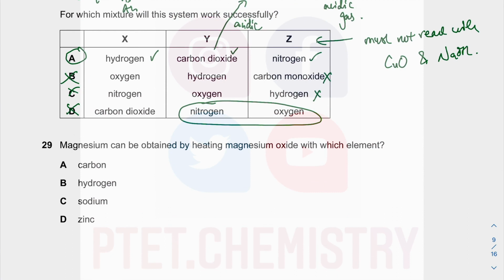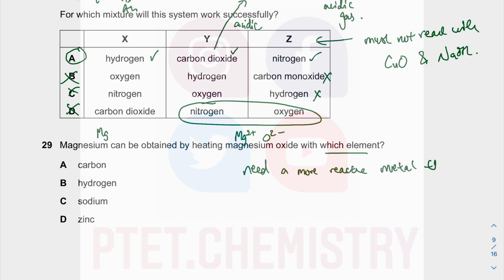Moving on, magnesium can be obtained by heating magnesium oxide with which element? So you want to get magnesium from Mg2+ and O2-. You want to reduce magnesium. You need a more reactive metal